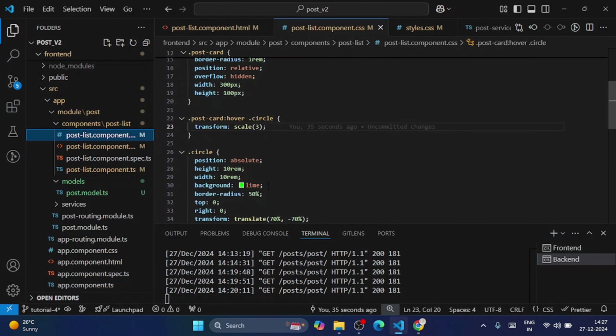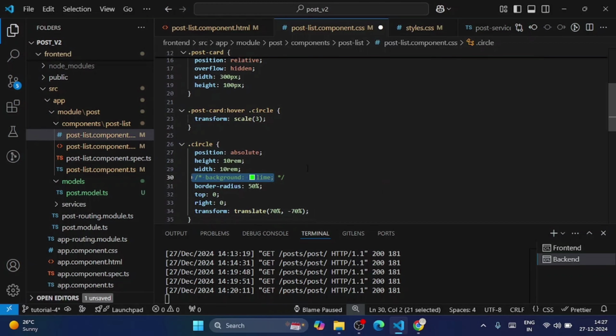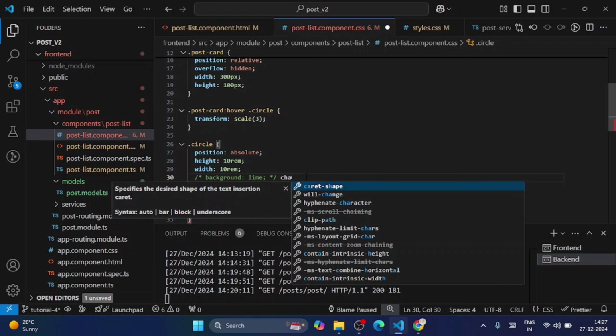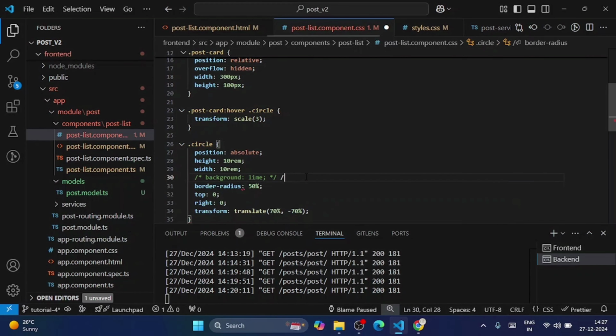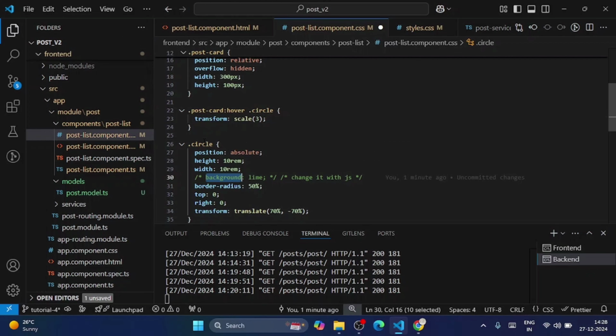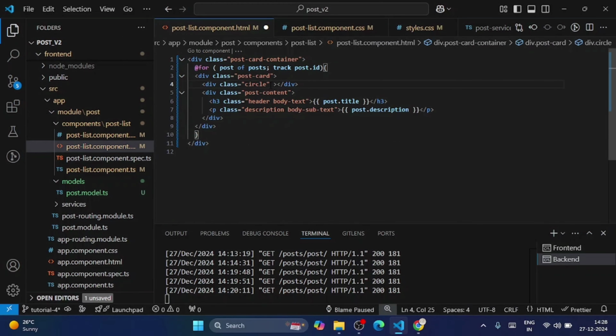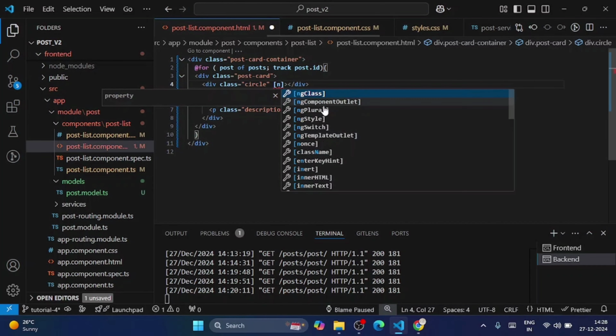This background will be something which will be stored in a variable. Let's write some comment. On circle, background will be set by JavaScript. Use the ngStyle directive